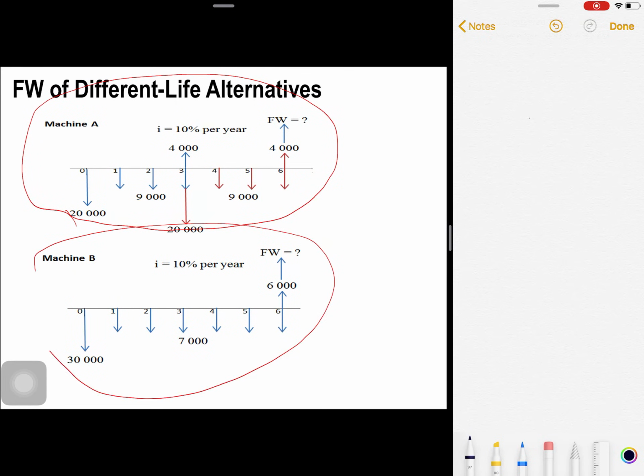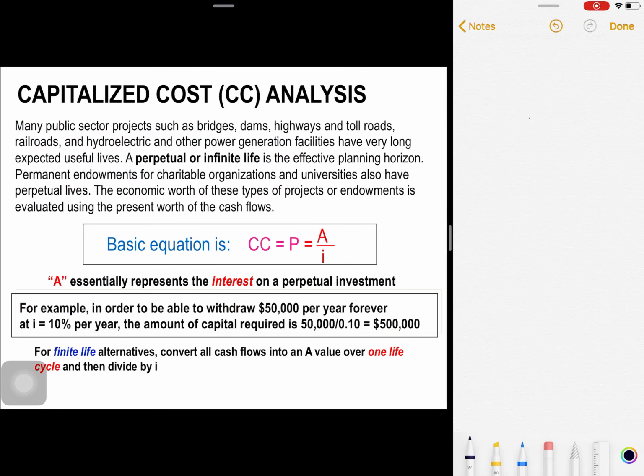Okay, this is the example of cash flow diagram if using the FW method. I hope this is crystal clear for everybody to understand how it works. So now we have capitalized cost, CC, analysis. Okay, many public projects such as bridges, dams, highways and toll roads, railroads and hydroelectric and other power generation facilities have a very long